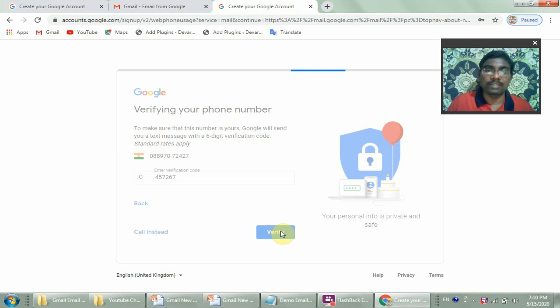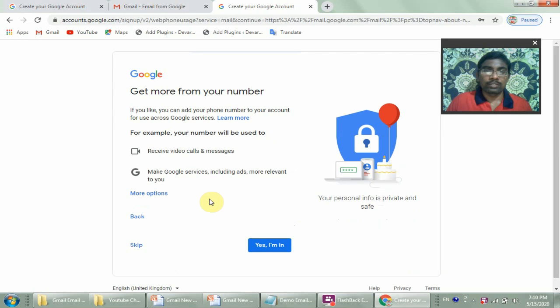I think we have almost done. We have created it, and definitely we will move to the creation page. See, get more from your mobile number. If you like, you can add your phone number to your account for use across Google services. For example, your number will be used to receive video calls or messages and to make Google services, including ads, more relevant to you.